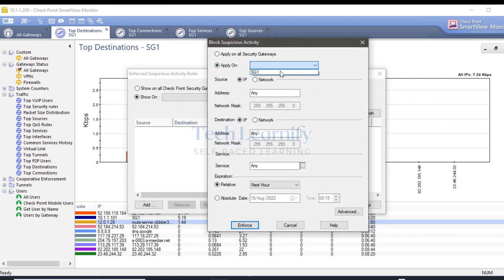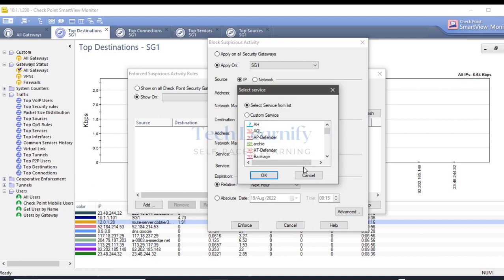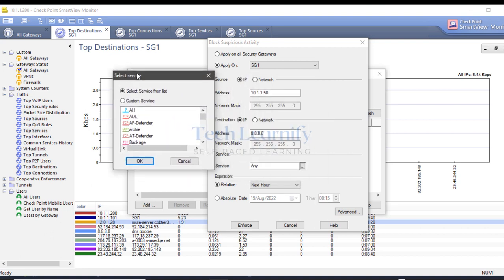Apply on all security gateways or just security gateway one, and what IP address you want to assign. So if we want to block a connection coming from 10.1.1.50 and destined to what IP address, let's say 8.8.8.8, the destination address, then the service. So we can specify the service here. 8.8.8.8 what? DNS or ping or what service, right? So from this list,